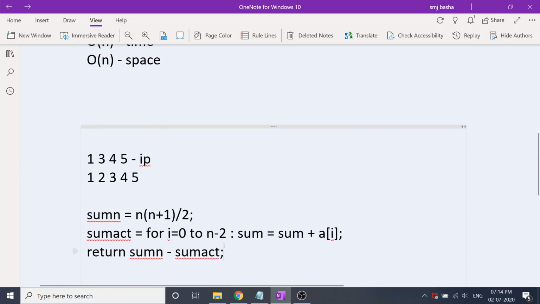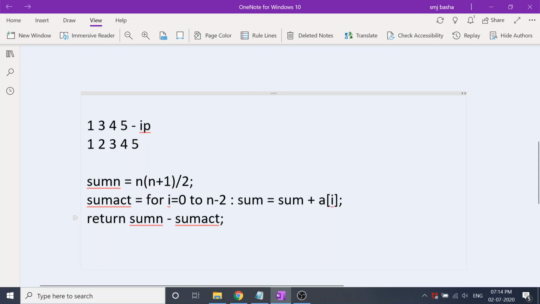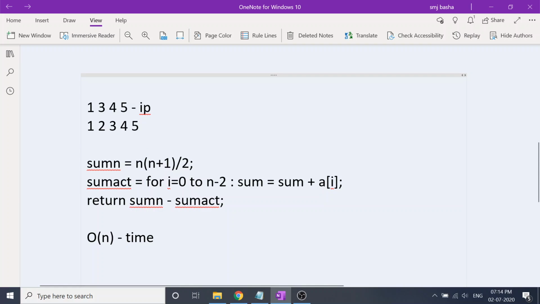So in this case also, are we using any additional space? We are just using one single variable which is not increasing based upon inputs, right? It doesn't depend on n. So if inputs are 10 or 20 or 30, we are just using a single variable. So you're using only a constant additional space, right? Order of 1 space. And for time complexity, you're iterating this loop for n minus 1 times, which is order of n. So it is order of n time, order of 1 space.